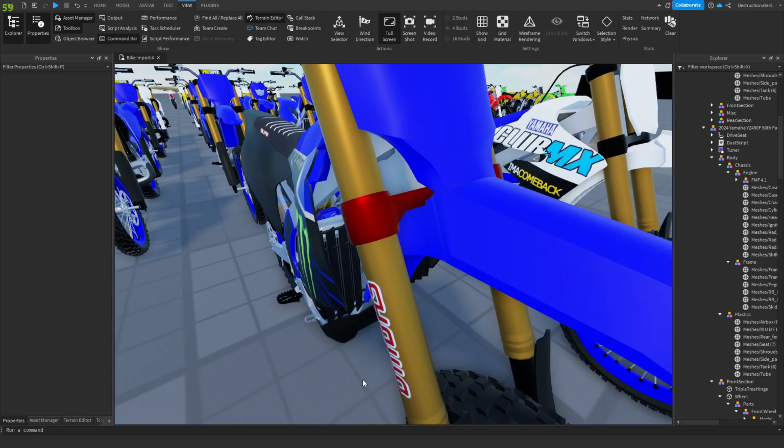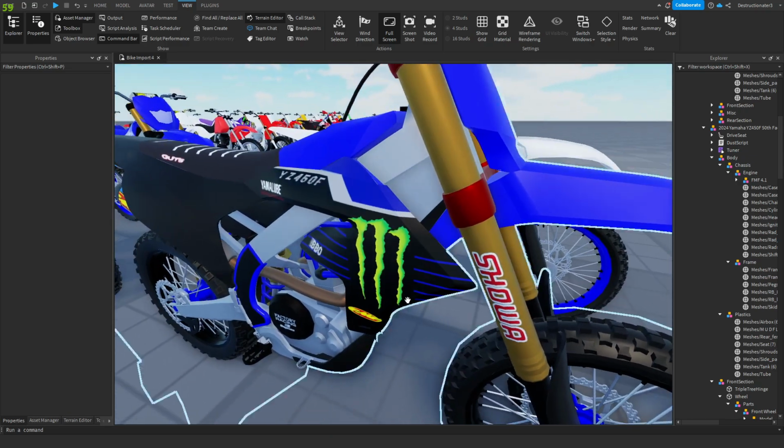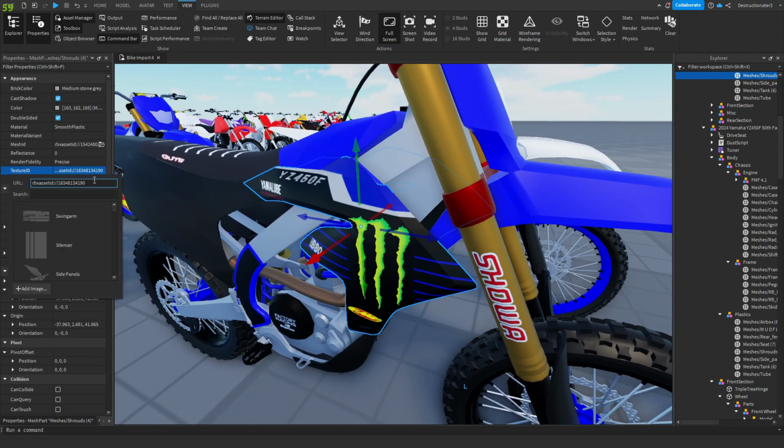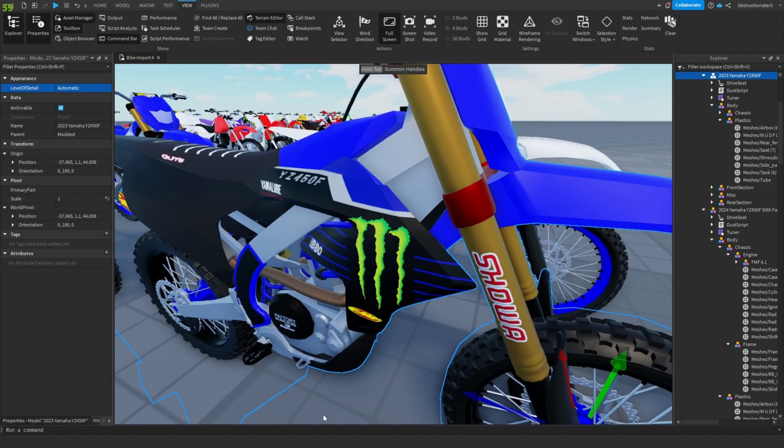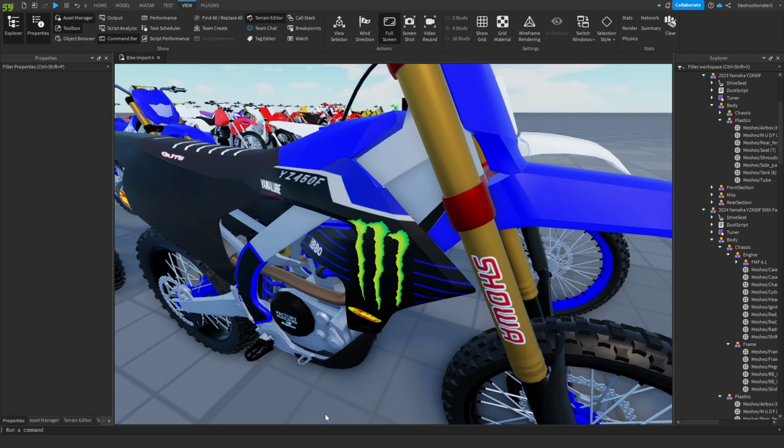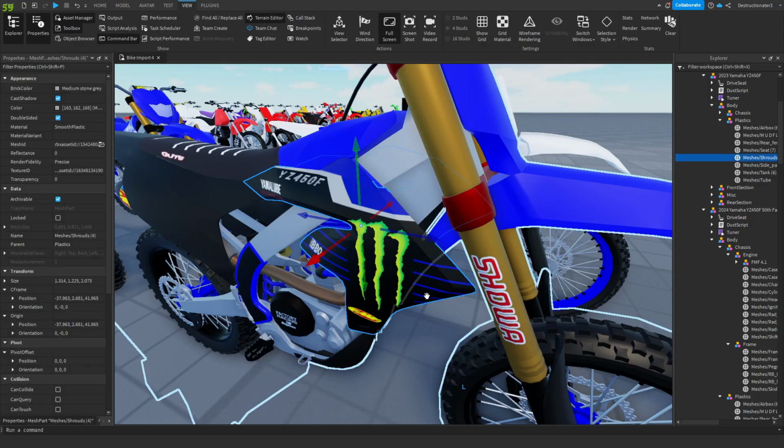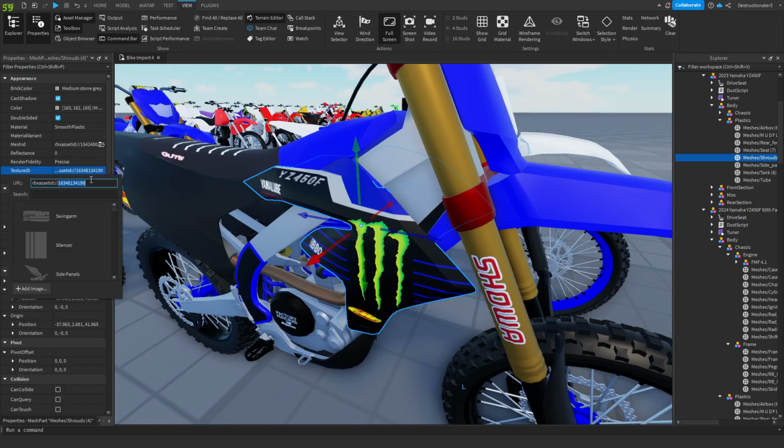So yeah, assuming that you already have the bike and you have this imported into Roblox, you can go ahead and select this texture ID at the end and head into Bike Life Miami. But if you don't, you want to go to the, I forget whether or not it's the texture or the image or the decal ID. I'll have it on screen which one it is. Yeah, one of those IDs, it'll work because it'll upload it to there. Then you want to grab the ID from there and put that into Bike Life,